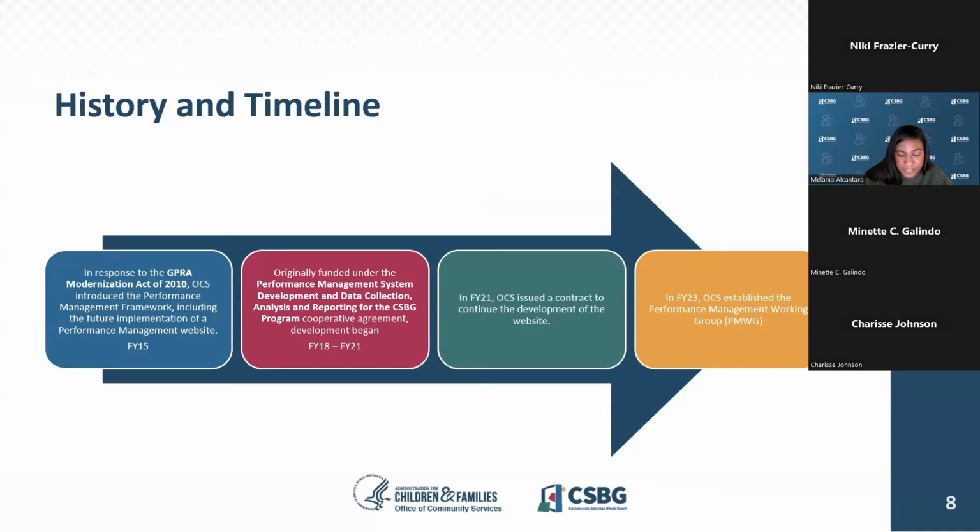In fiscal year 2018, OCS awarded the Performance Management System Development and Data Collection, Analysis, and Reporting for the CSBG Program Cooperative Agreement to the National Association for State Community Services Programs, or NASCSP, and the development of the CSBG Performance Management website began. In fiscal year 2021, OCS issued a contract to Reprise to continue the development of the CSBG website. And in fiscal year 2023, OCS established the Performance Management Working Group, or PMWG, consisting of 9 CSBG